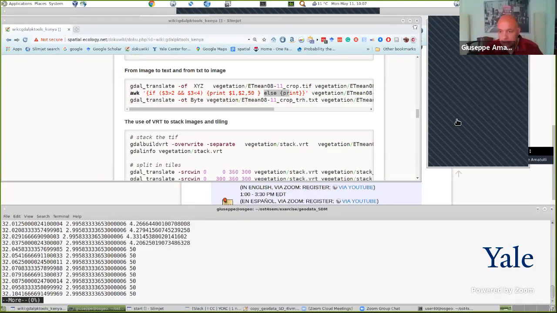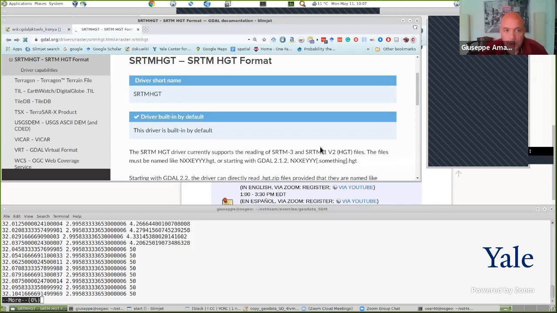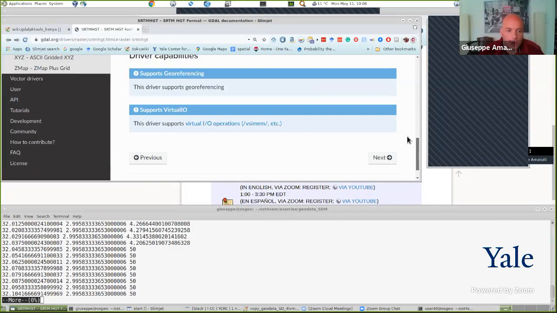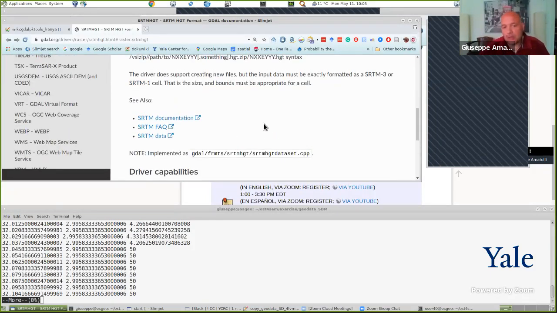Perfect. For example, Christine, you just found the raster. So as you can see, the SRTM, thanks Christine, it was just searching and finding it. This is how you have to really Google it and say GDAL supporting SRTM, HGT format. Yes. So in this case, a simple line. So probably quite often, not always, like now, there are also some examples that you can use, but in the same way I use it for TIFF, you can use it for